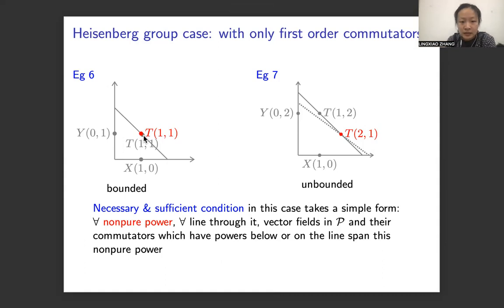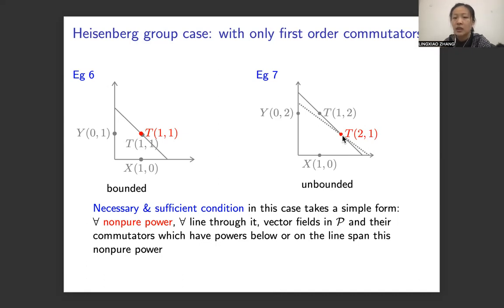Now with the red point and with any line through it, let's look at the pure vector fields together with their commutators that lie below that line. So which include here x, y, and t. And so they span our non-pure vector field T. So it is bounded. But for the picture on the right-hand side, the non-pure vector field T with power 2,